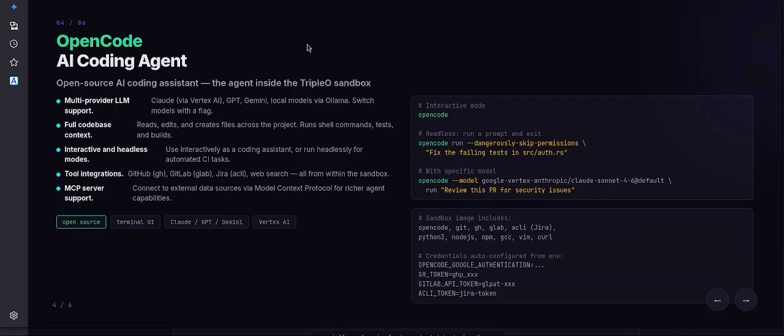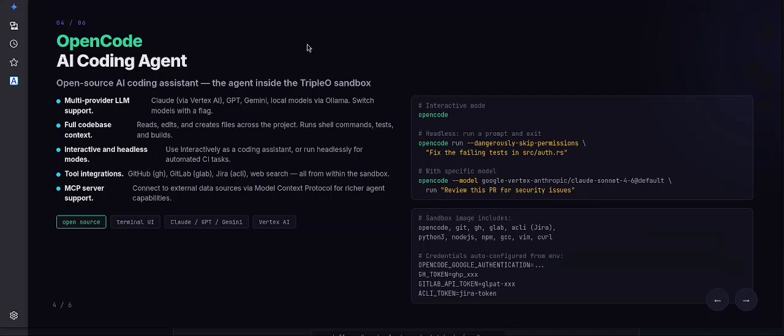So what is Opencode? It's a terminal tool. It supports various LLMs, I think all of them that are possible. It can do everything that an AI terminal agent can do, like read, edit, and create files, running any shell commands that you allow to run.